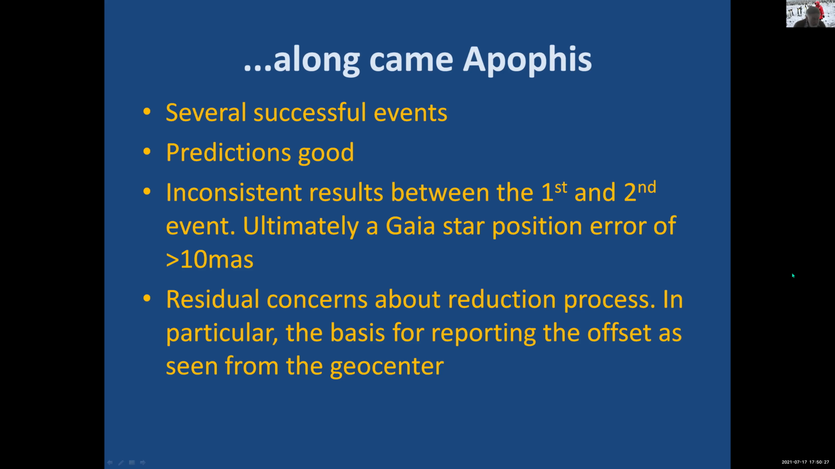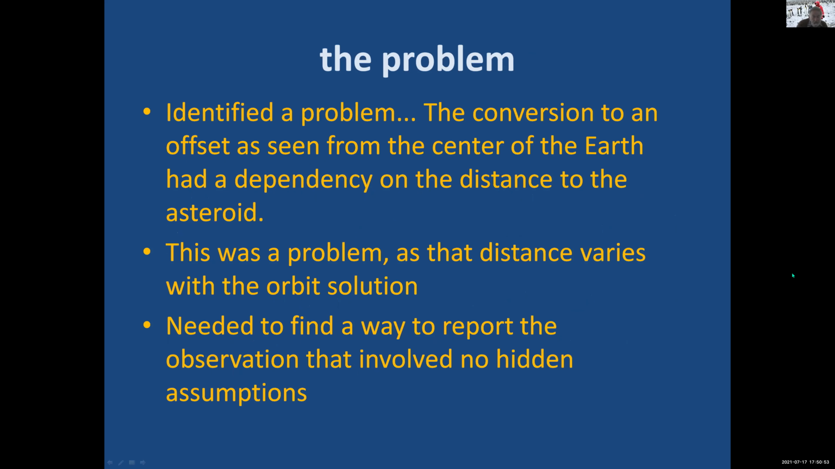But the Horizons people, David Farnocchia, whom David Dunham referred to, had residual concerns about our reduction process, in particular the basis for how we derive the position of the asteroid as seen from the centre of the Earth, a geocentric position. And when we looked at that in detail, in the reduction process that I had implemented way back around 2000,